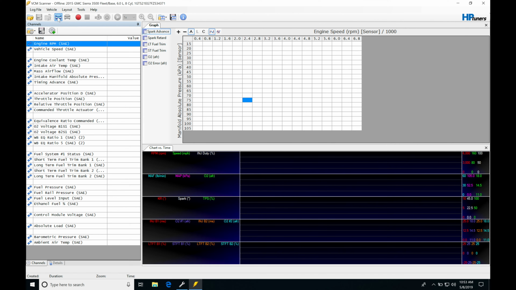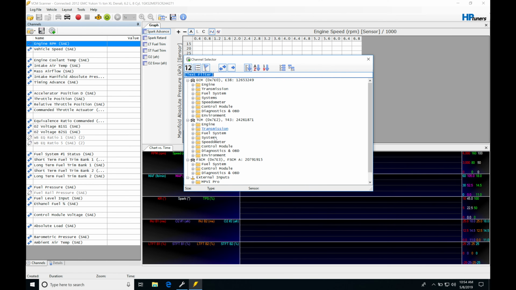But for right now, we'll just go here to connect a vehicle, and we can see it's gathering all of the channels list associated with my vehicle. Now it's telling me I'm connected with my VCM scanner to a 2012 GMC Yukon half-ton Denali, and this is the vehicle we're going to be working with. So it's always important that we do that process so we can generate our channels list. And now if I go here to my add channel, it's going to be looking at the channels list